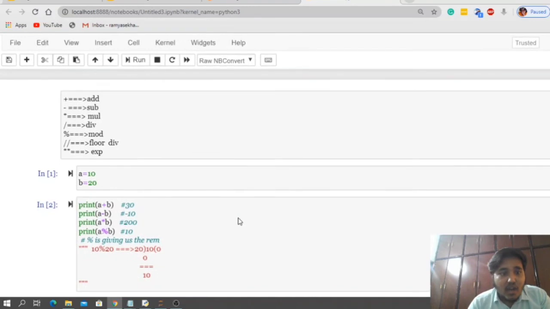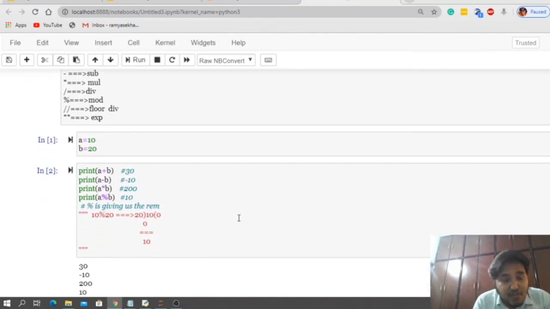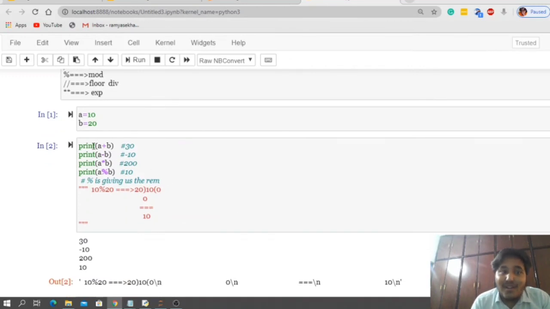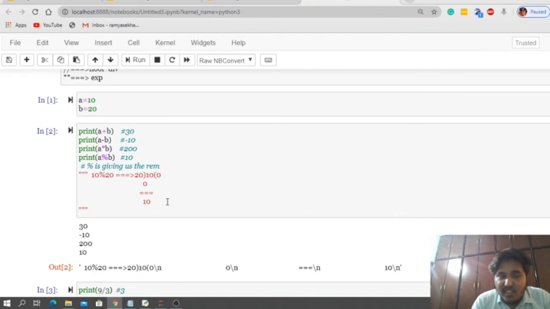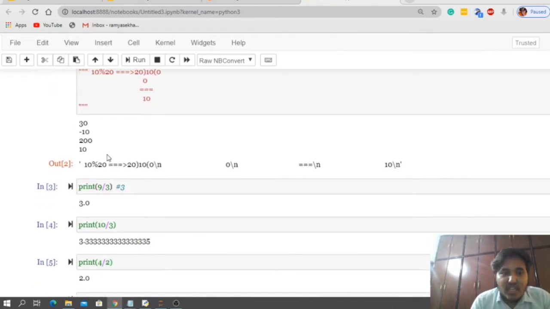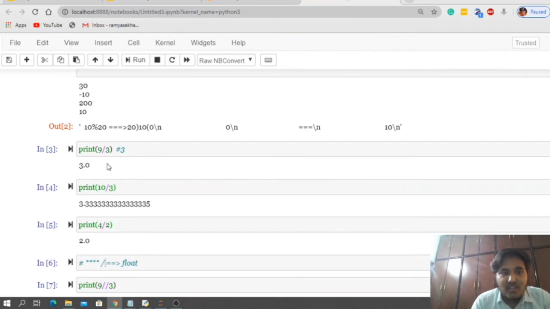Now once again I will brief you on whatever I have talked about. This is arithmetic operations on int data. Plus, minus, star, modulo are basic operators. The advanced operator in Python is floor division. There is a difference between normal division and floor division.